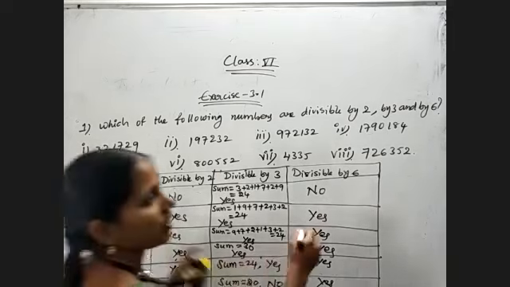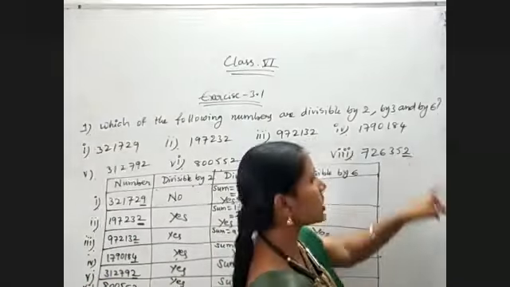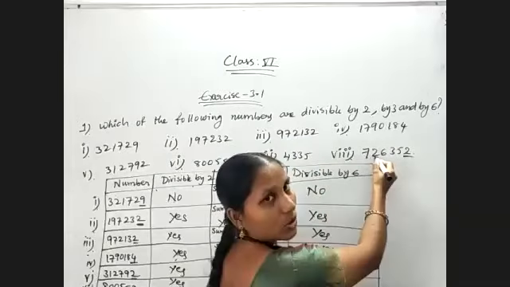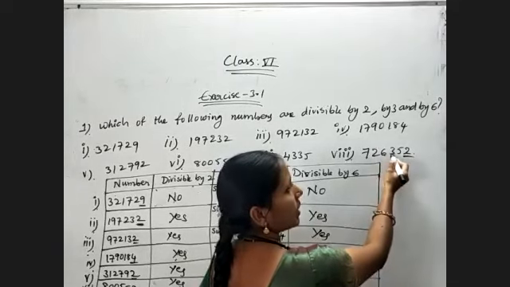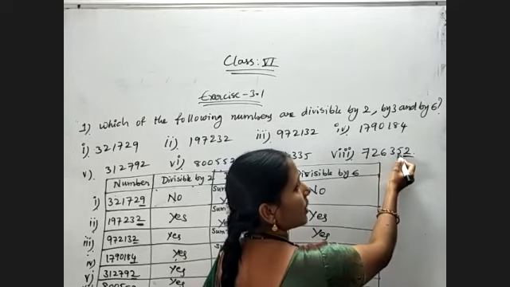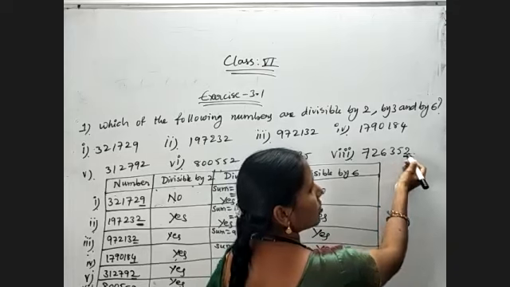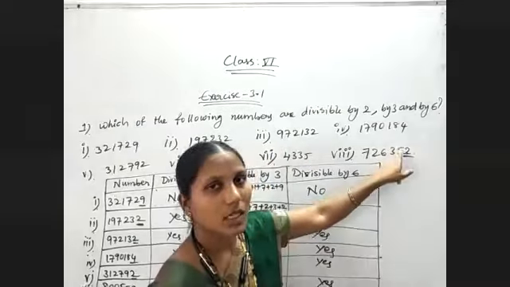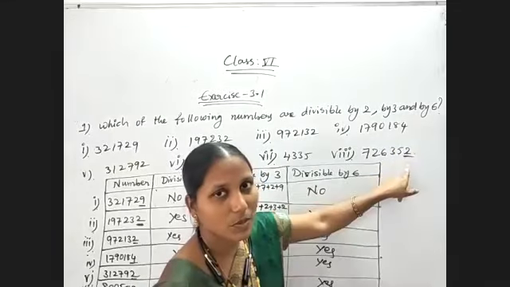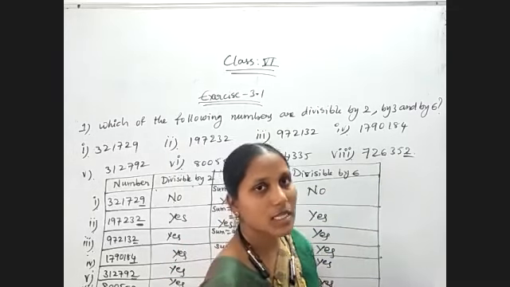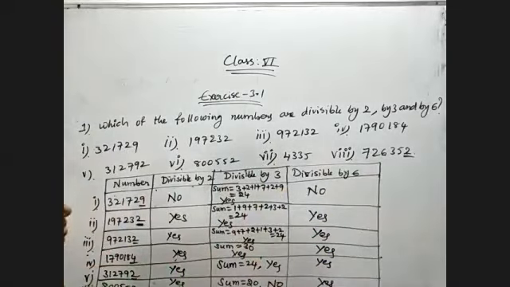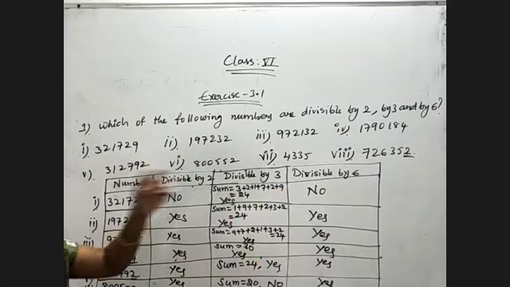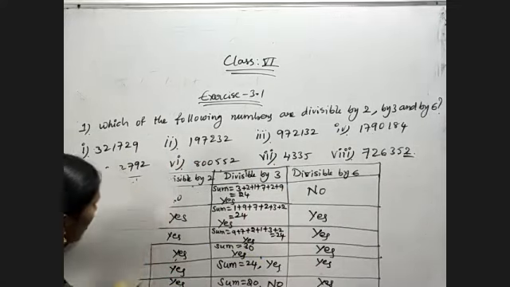And the last example, observe. Because the last digit is 2, it is divisible by 2. And what is the sum of the digits? 7 plus 2 is equal to 9. 9 plus 6, 15. 15 plus 3, 18. 18 plus 5, 23. 23 plus 2, 25. 25 is not a multiple of 3. So it is not divisible by 3. Even though it is divisible by 2, it is not divisible by 3, so it is also not divisible by 6. So now I hope you understood very well about the divisibility rules of 2, 3 and 6. Now coming to the second question.